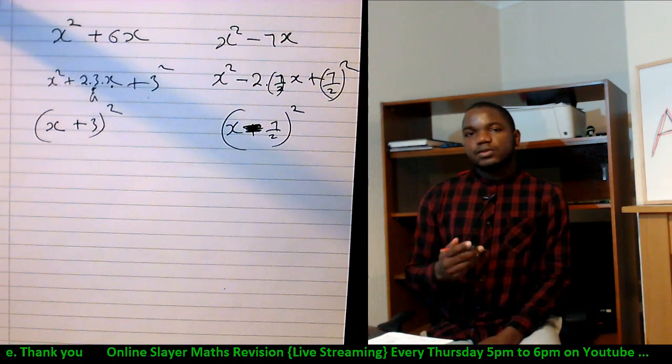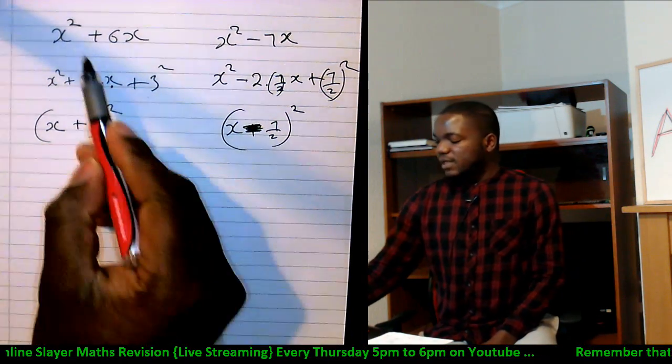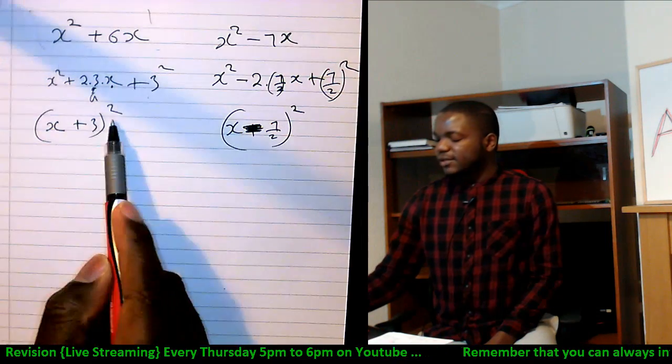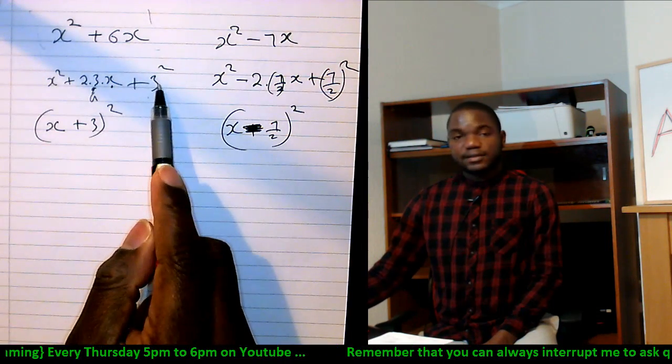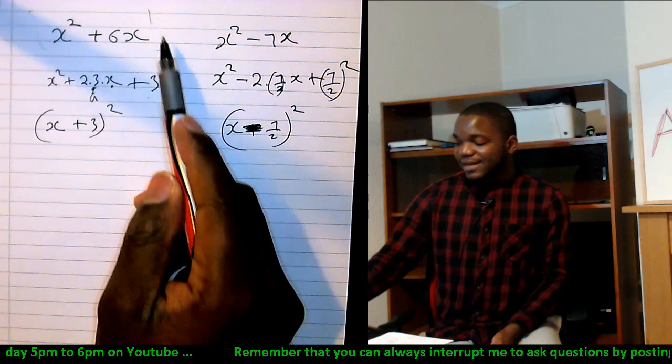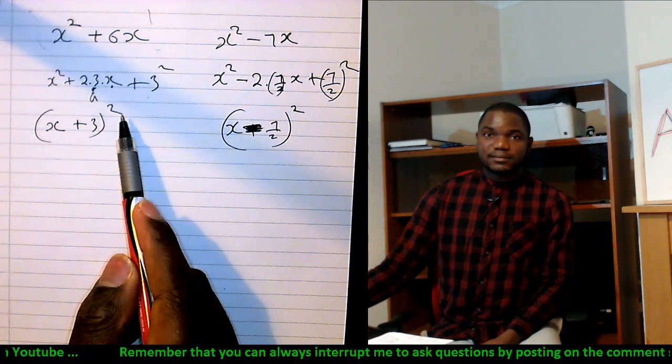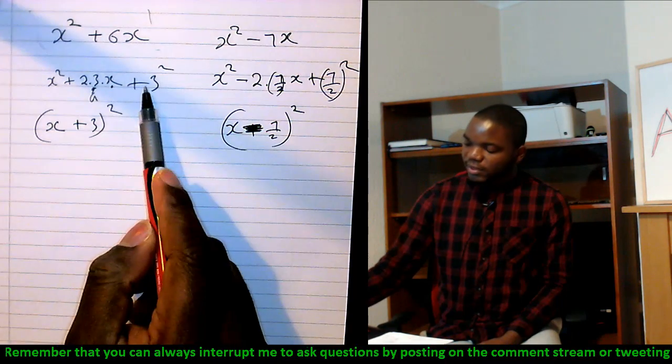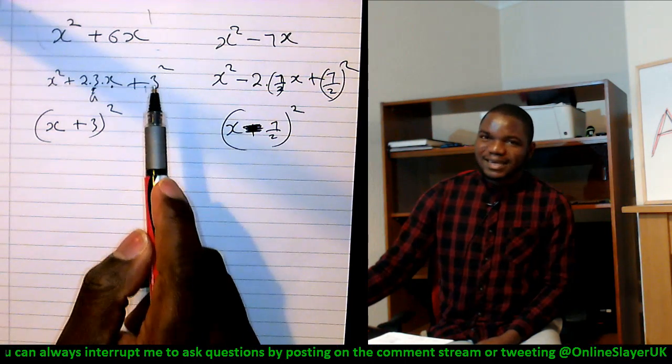But do you realize what you've done? If this is my question, and you get this, because you added 3 squared, then you have added 9 to the question. And because you've added 9 to the question, you have to subtract 9 again